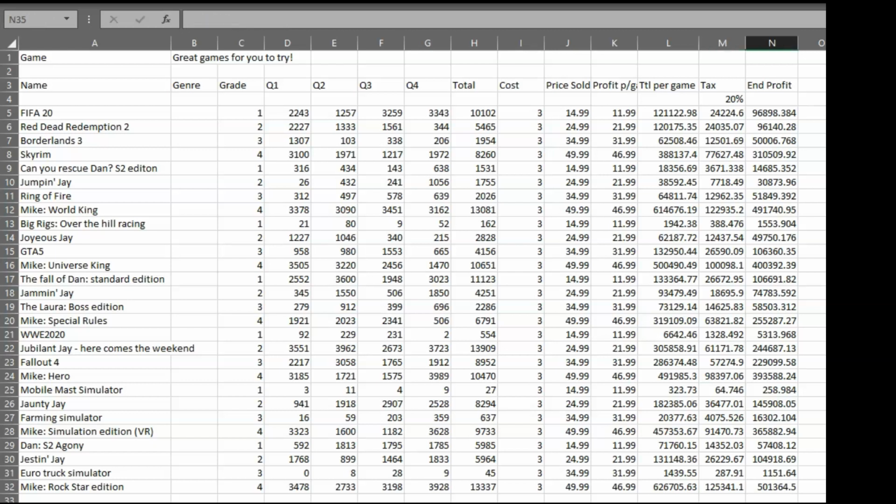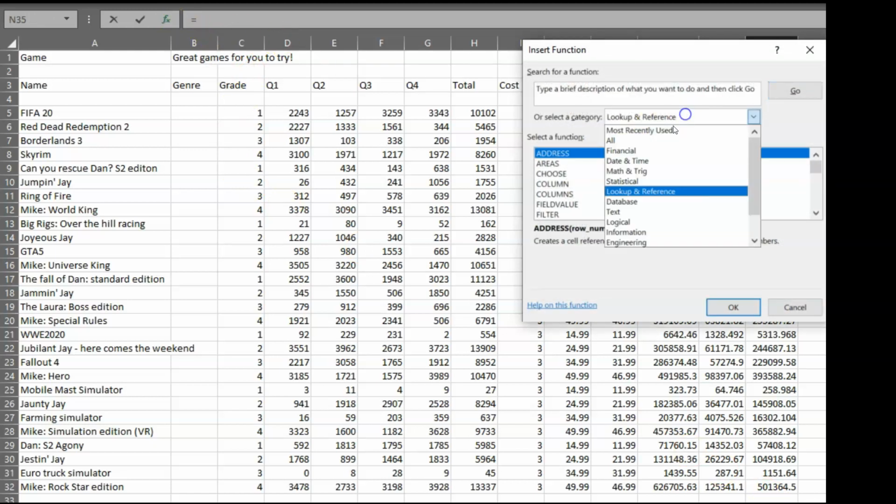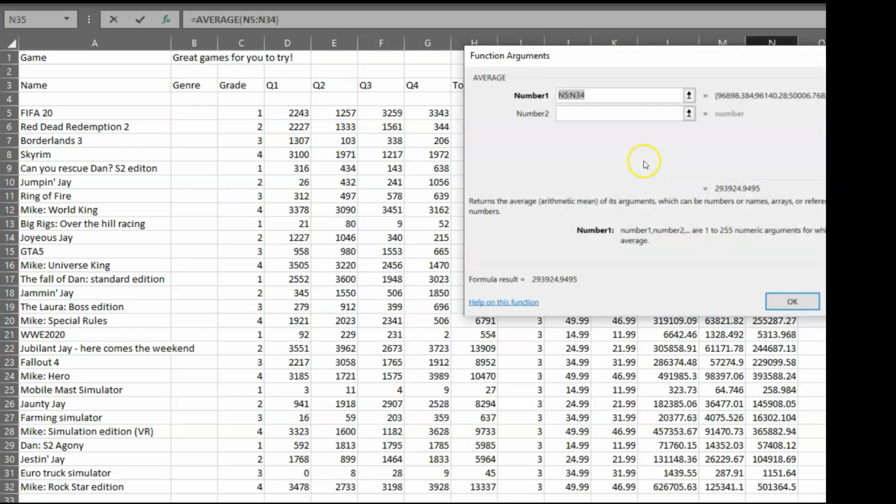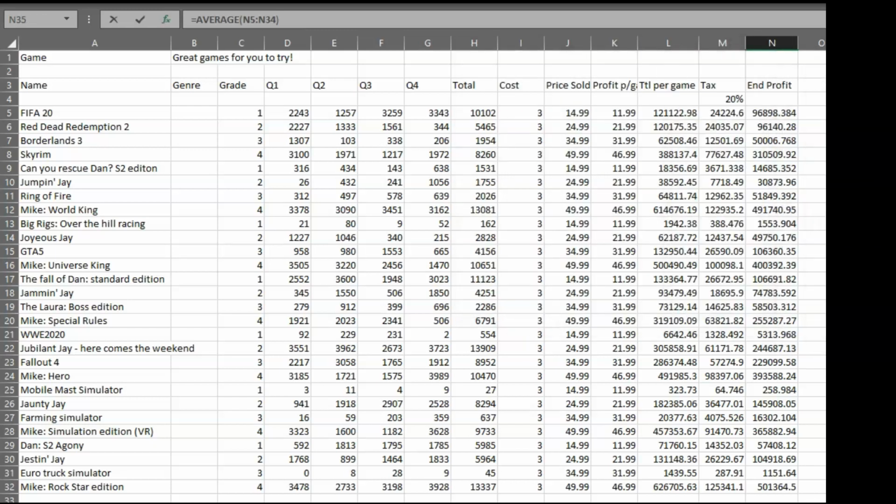So we're going to use an average. It should be relatively straightforward as to what an average is. I'm going to click on this and scroll down to average. Then it's going to want the set of numbers, which is N5 to N32. The one that it automatically gives you includes the total. Obviously, you don't want an average to include the total,